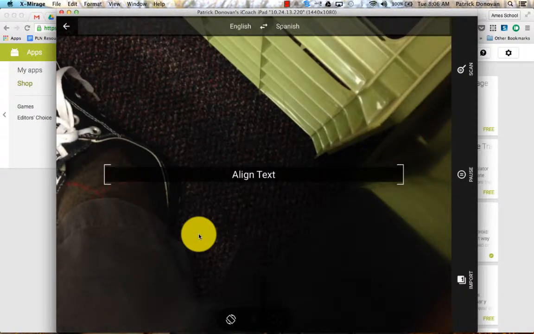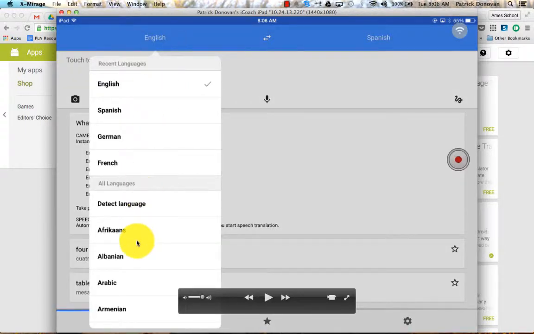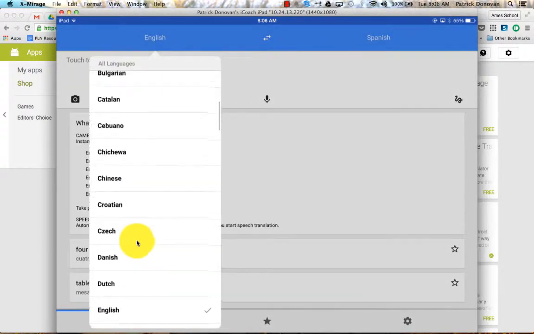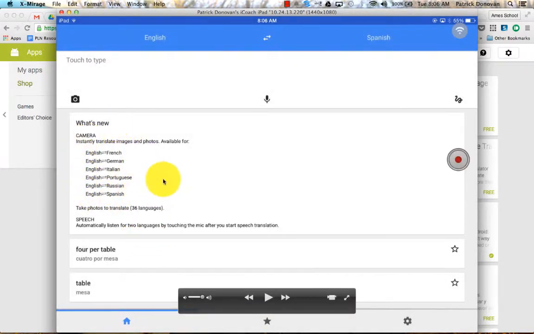Now, I gotta switch out of that for a second. This is what the app looks like when you start up. On the top row here are the language selections, so you can select what languages you want to deal with. If I just tap on that, you can see I get my options. And there are a lot of options to use with this, but the camera mode does not work with all of them. So you can kind of see in here, there are 36 languages that you can translate using the